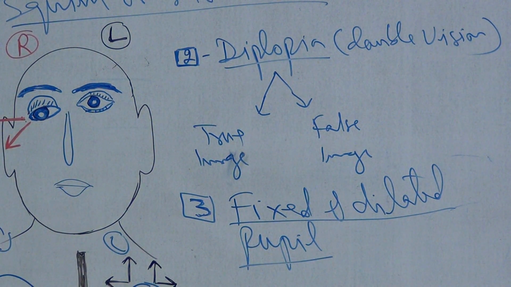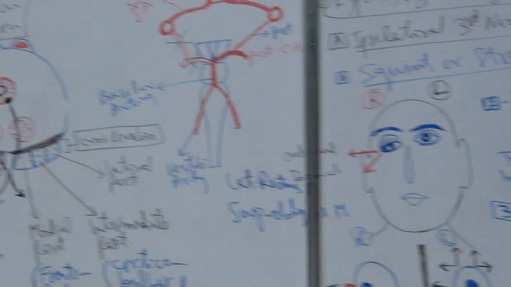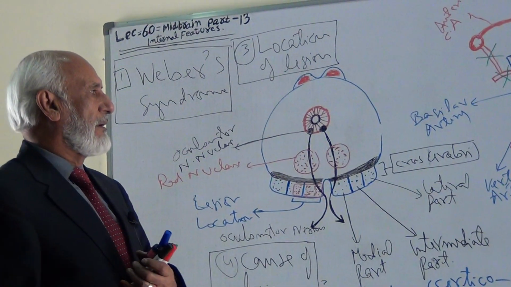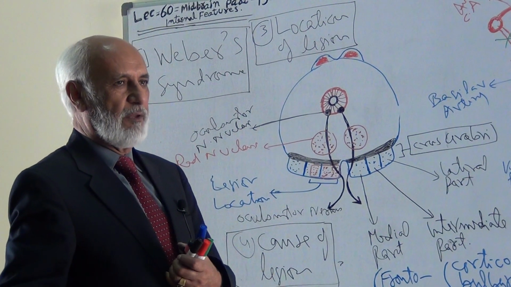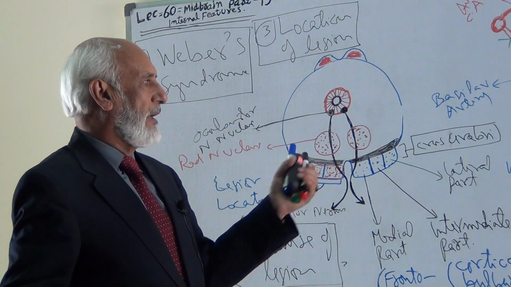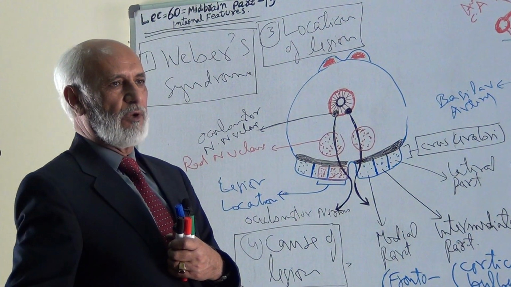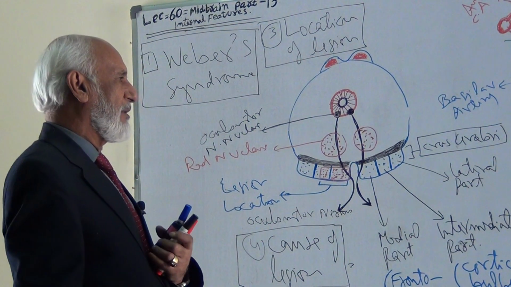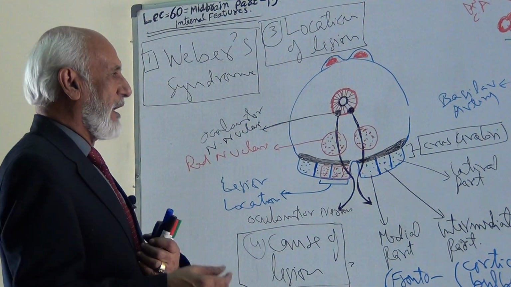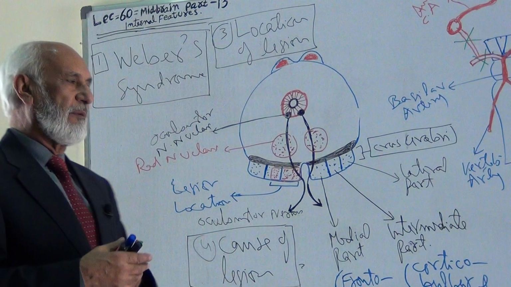The pupils are dilated. You know, the oculomotor nerve carries parasympathetic fibers, and the parasympathetic nerve fibers running through the oculomotor nerve supply the constrictor pupillae muscle and the pupil constricts. Now here, in case of lesion of the oculomotor nerve, the parasympathetic fibers are also involved in the lesion, because these fibers are part of the oculomotor nerve, and when the oculomotor nerve fibers are damaged, these parasympathetic fibers will also be damaged.